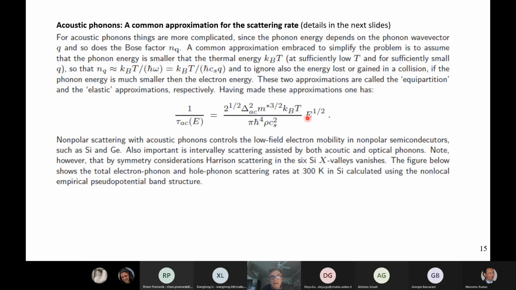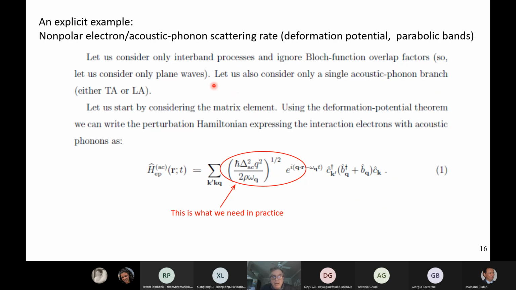So let me go through the calculation of the scattering rate, just to give you at least once, well, we'll do it again for the Fröhlich interaction, how to calculate the scattering rate. This was actually a little addendum that I prepared some time ago. So if we want to be a little bit more formal, the approximation that we're using for the electron-phonon